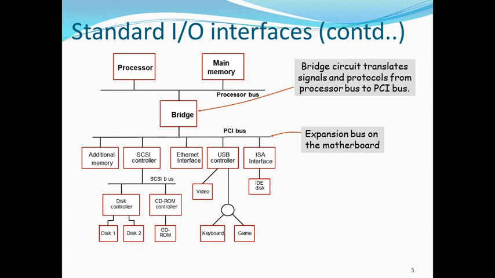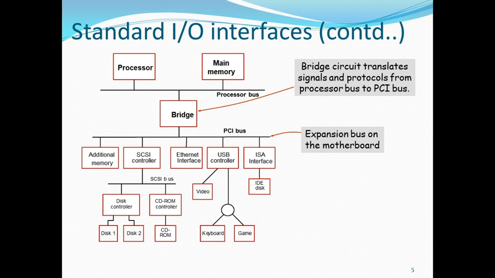The way these standards are used in a typical computer system is illustrated in this figure. So observe the different components in this figure. This figure illustrates how exactly these bus standards are used in a typical computer system. Here the PCI standard defines an expansion bus on the motherboard. Then SCSI and USB are used for connecting additional devices both inside and outside the computer box.